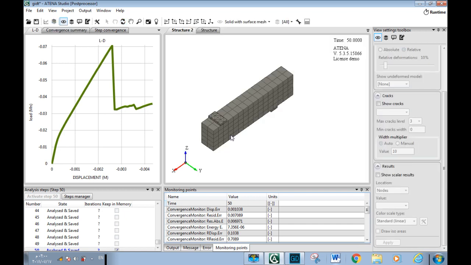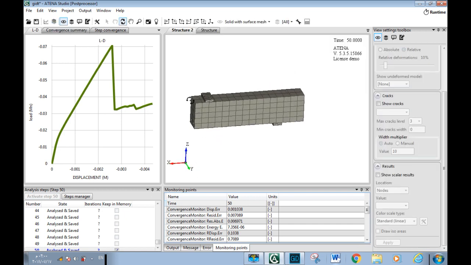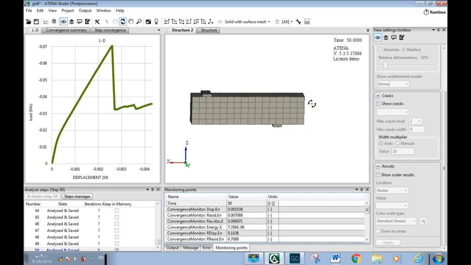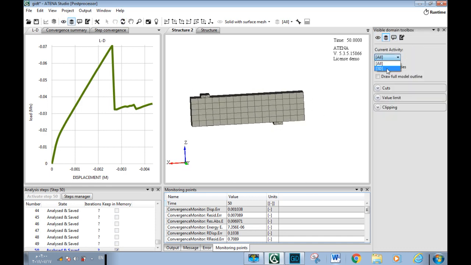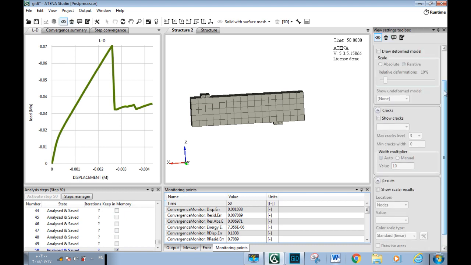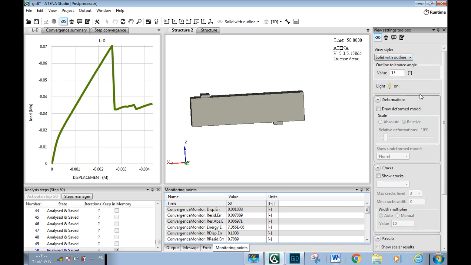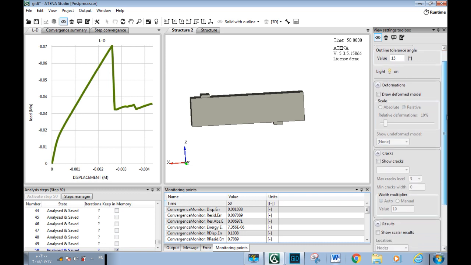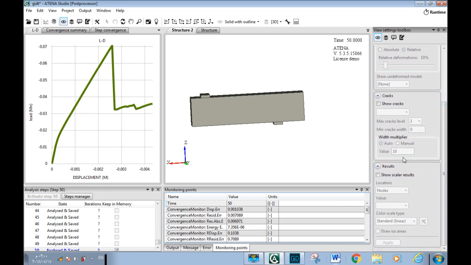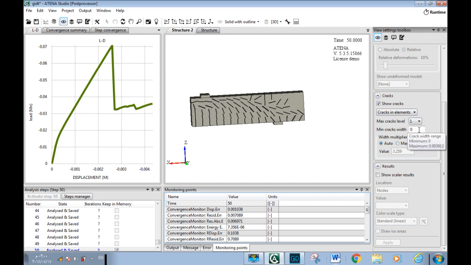For a better view, we can rotate the model, and from this icon we should select 3D. Then we will see how the cracks appear in ATENA. So from crack, here, show cracks, and the maximum level should be 1